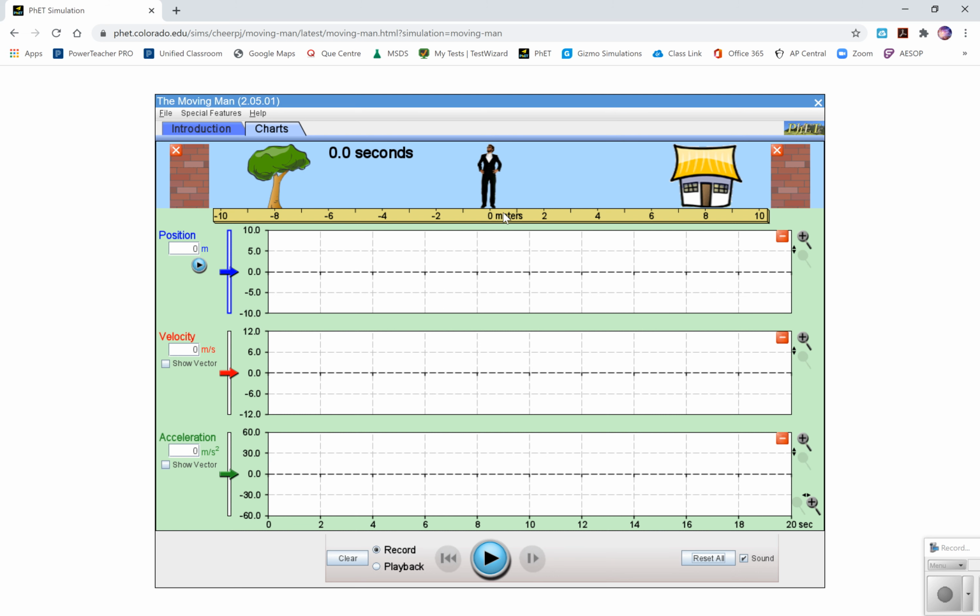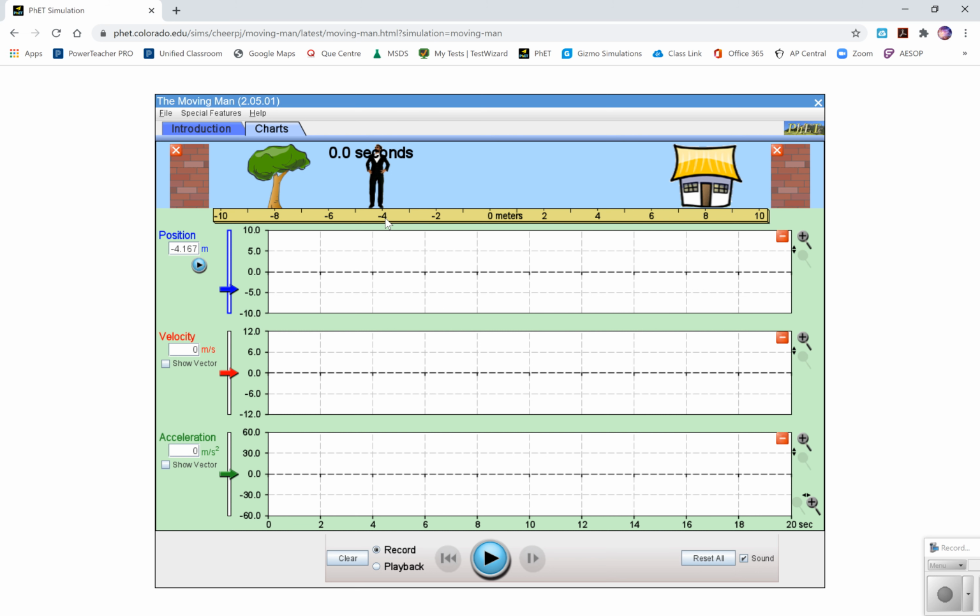If he's going to start at this 0 point, that's his starting point, he can travel. I'm going to move him to the left. And we'll take a look at a couple things. His position is minus 4.167. And he stopped right here. Now, in order to get to this spot, he traveled